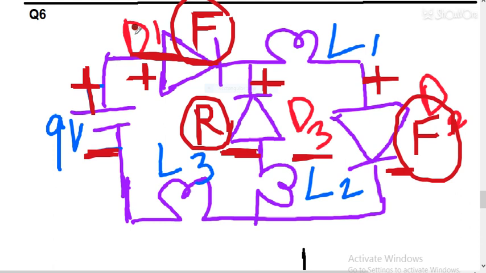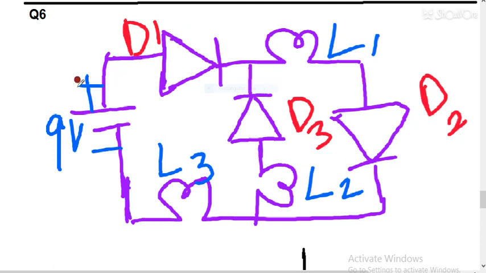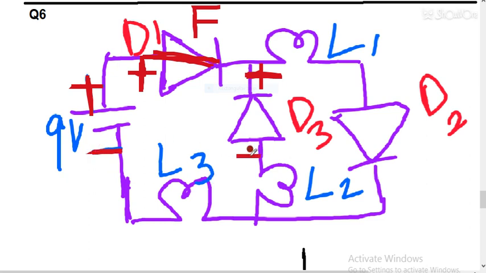I am repeating again, you can see here again some positive voltage is there, so some positive voltage will go here. That means diode D1 will be forward biased, so it will act as a closed switch. So F is the symbol for forward bias. Now see, some positive voltage will go here also, and from this terminal some negative voltage will also come here. So that means this will act as a reverse bias. Diode D3 will act as a reverse bias, because positive voltage is given to the N side and negative voltage is given to the P side. So it will act as an open switch.